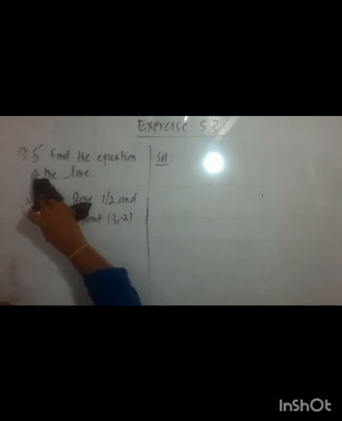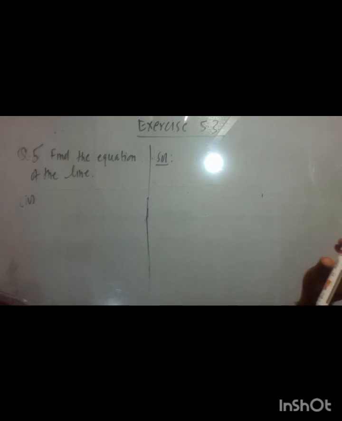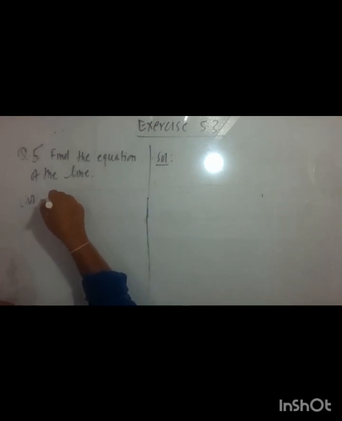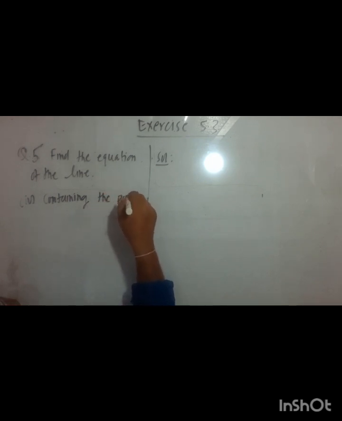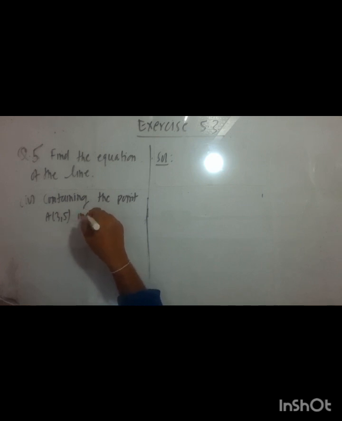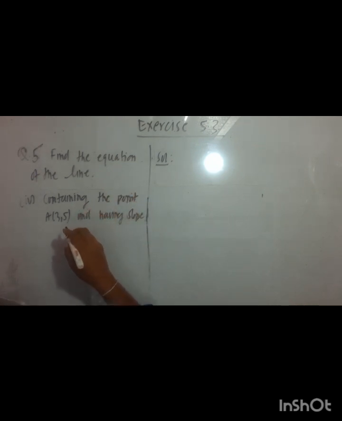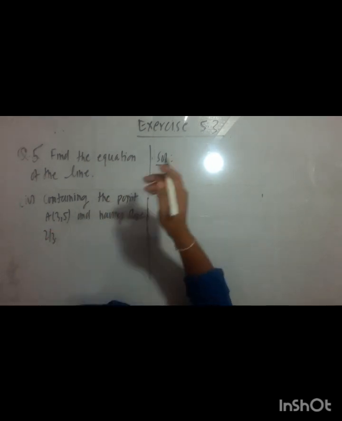Containing the point A (3, 5) and having slope 2/3. Okay, so very similar to sub question number 3, where here